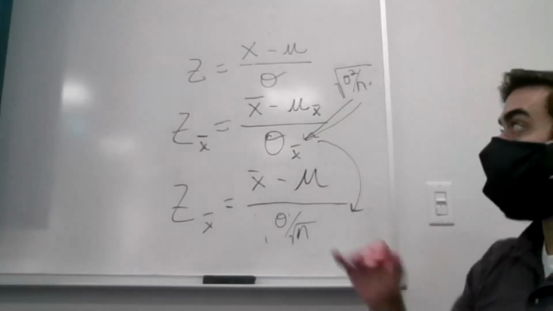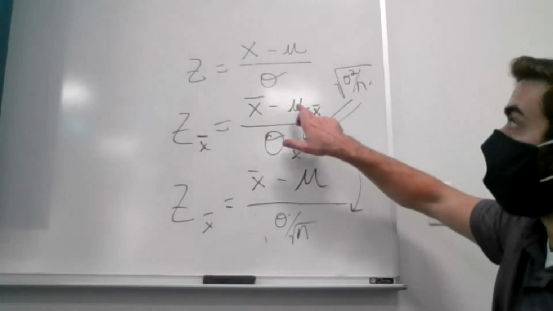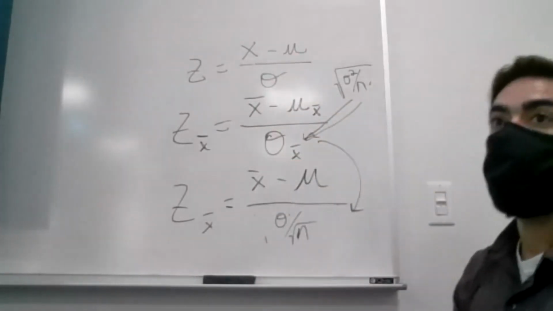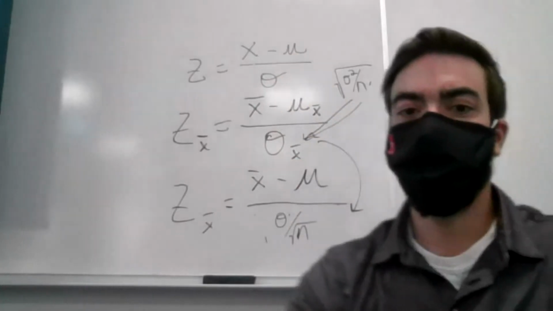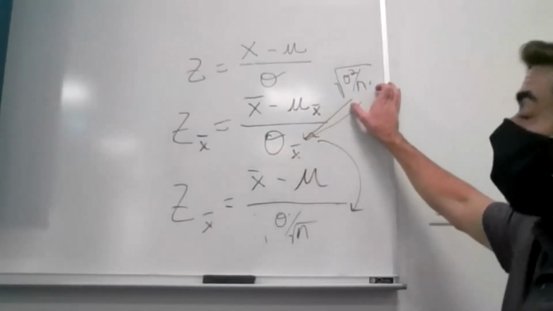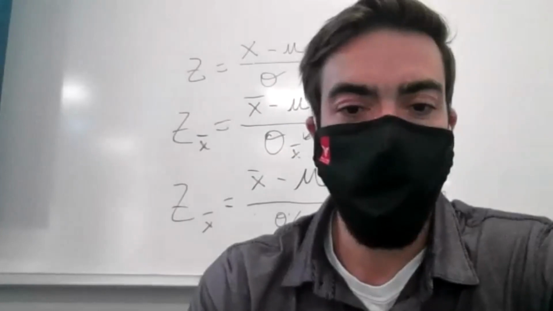For the z-score, we always take the statistic we're interested in, subtract the mean of the statistic that we're interested in, and divide by the standard deviation of the statistic we're interested in. It's just that now that standard deviation for the statistic we're interested in has an equation that we would have to use to find it. All right, so